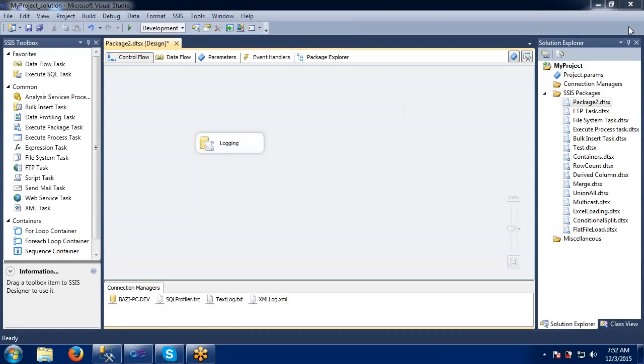If you see here in the fourth tab, you can see the event handlers. So what is this and how do we use it? Event handlers is nothing but something we will be calling a try catch block. Okay, try catch block. If anything happens, what has to be taken care of? So like this, we can do something by using these event handlers.